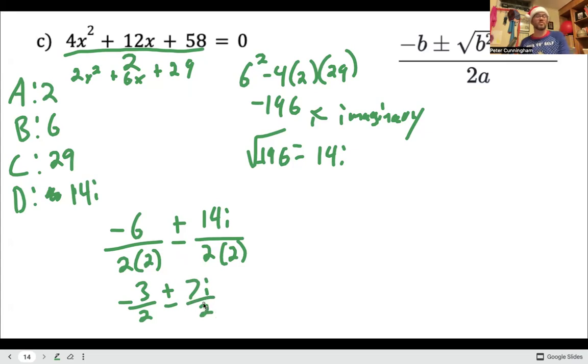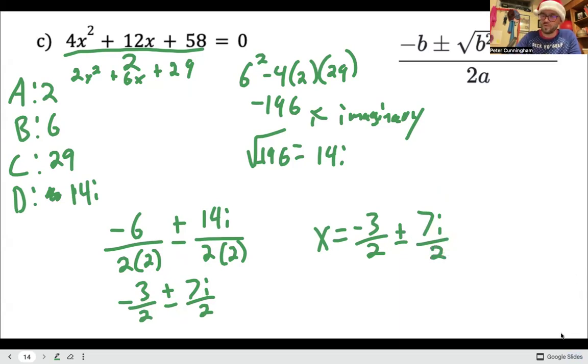So again, middle of your parabola is negative 3 over 2, negative 1 and 1/2, plus and minus 7i over 2, like 3.5i. Okay, so your answer would be x equals negative 3 over 2 plus and minus 7i over 2. All right, hopefully this is helpful. I didn't ramble too much, but